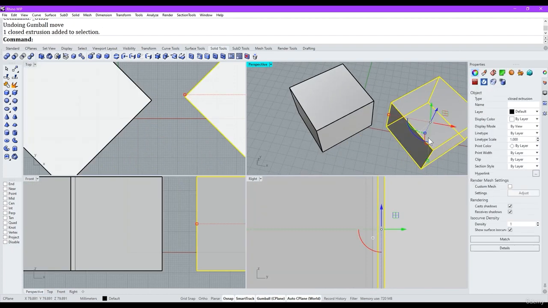Okay, for this one here, I am going to convert extrusion quickly. You don't need to worry about this too much. I don't know where the button is, so I'm just going to